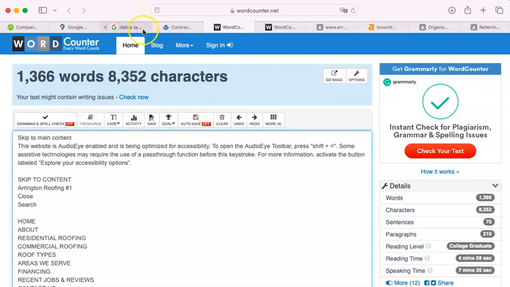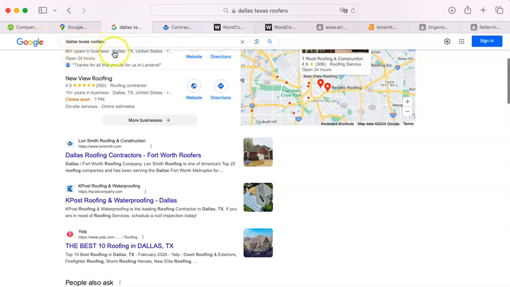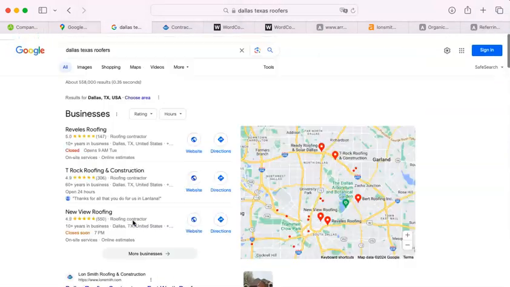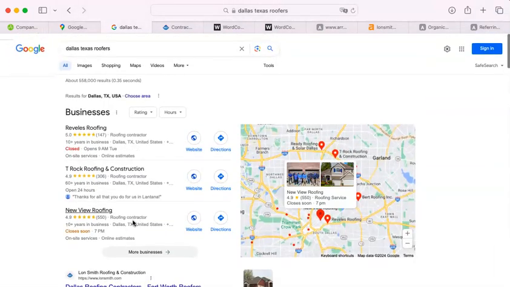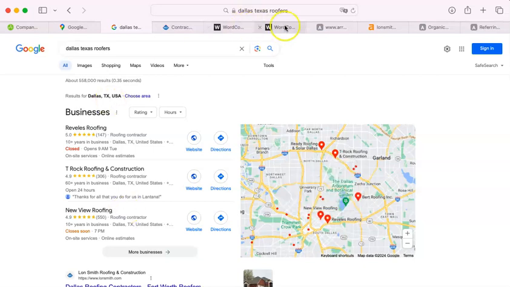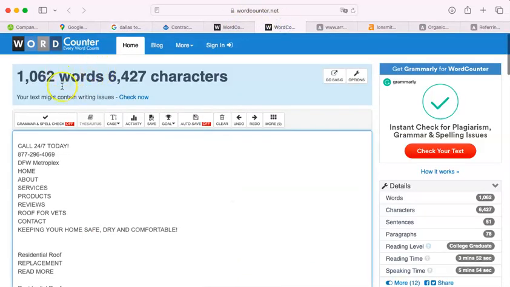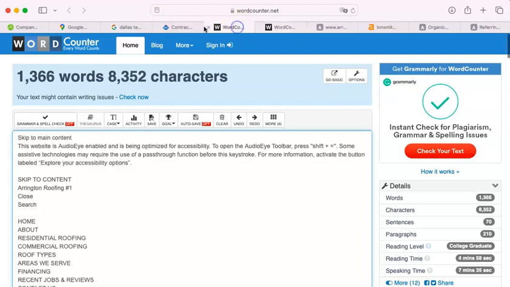Now, it doesn't know what your category is. It just knows that when somebody Googles Dallas, Texas roofers, a whole bunch of websites come up. So it takes all of those websites and strips all the words out. Now, it counts all the words and sees which one has the most mentions, and then the second place, and so on. And those words become keywords. Now, you have a good amount of them. You don't have much to catch up on here.